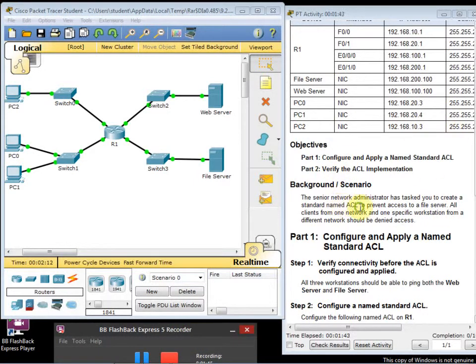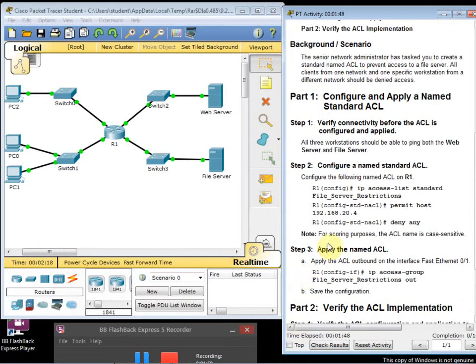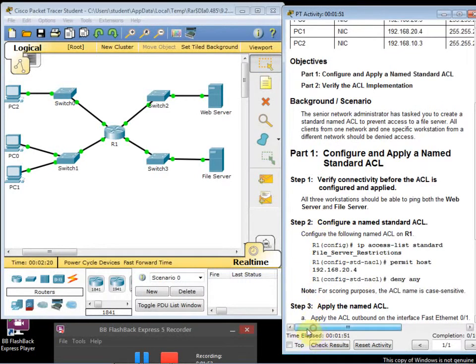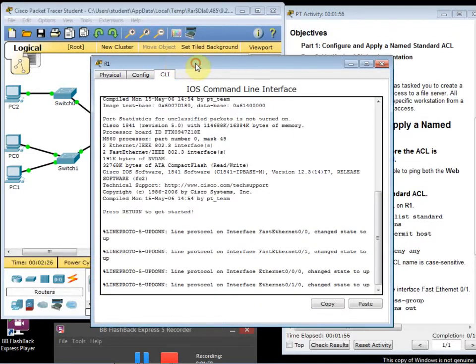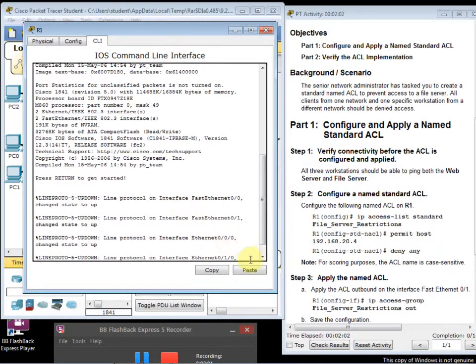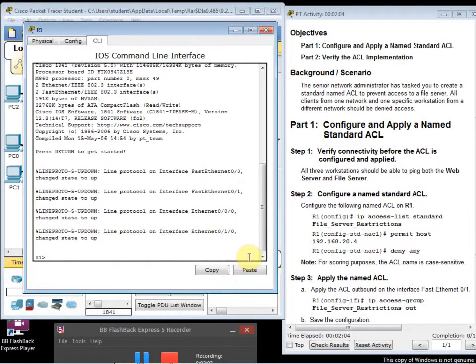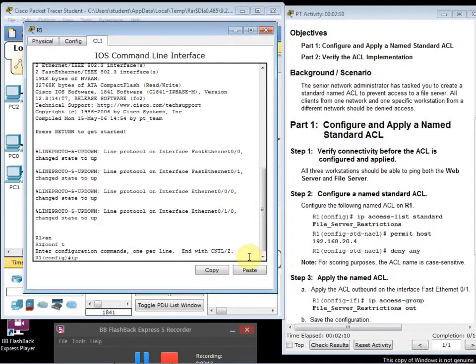So our next thing we need to do is just get into Router 1 and make our first configuration. Okay, go into Router 1, command line interface. Make this a little smaller. Enable, conf t, for executive mode. In config mode, put ip access-list standard, and then file underscore server